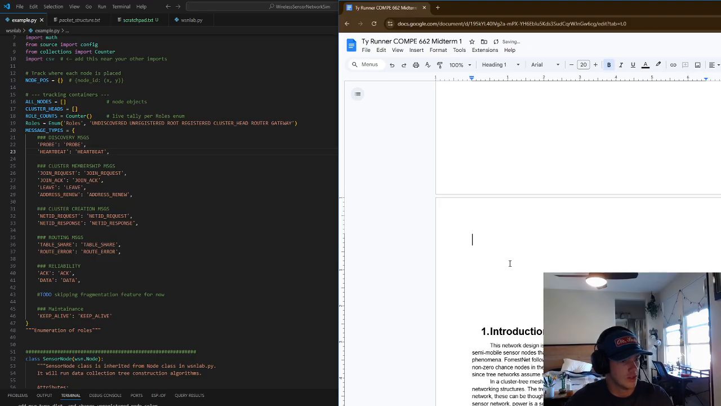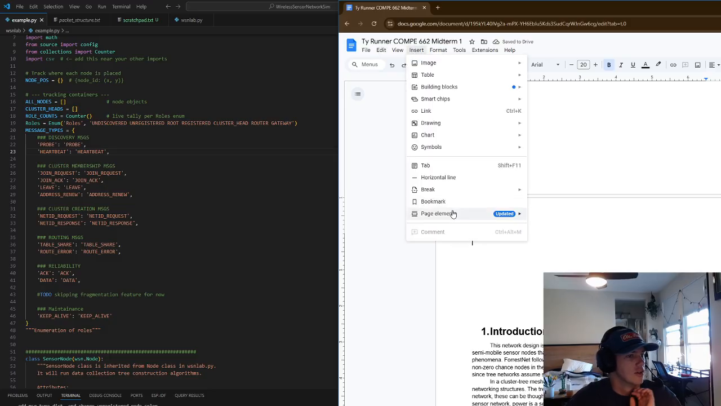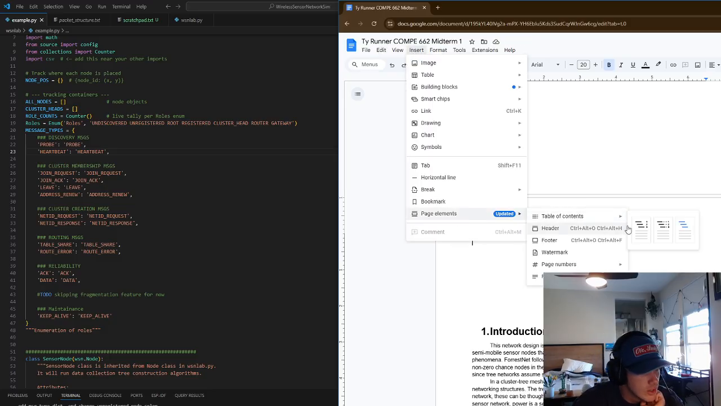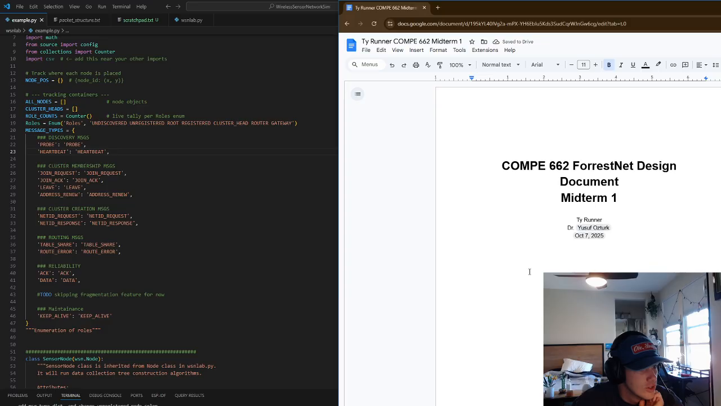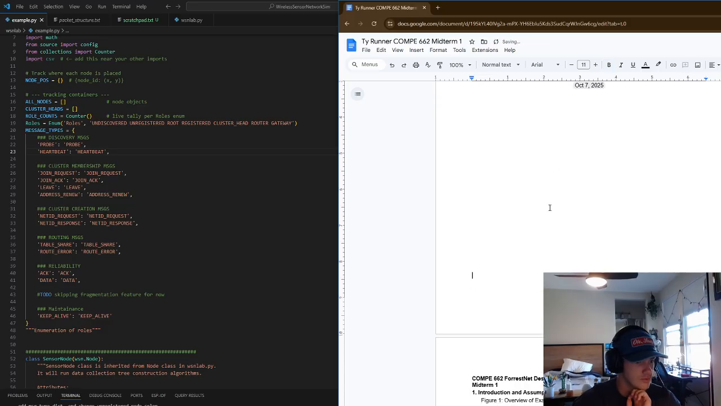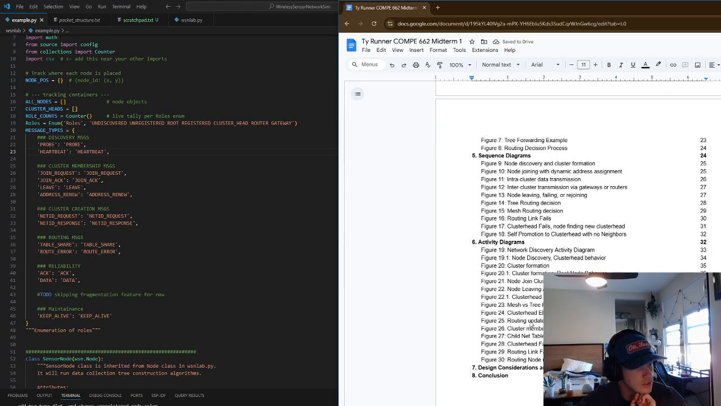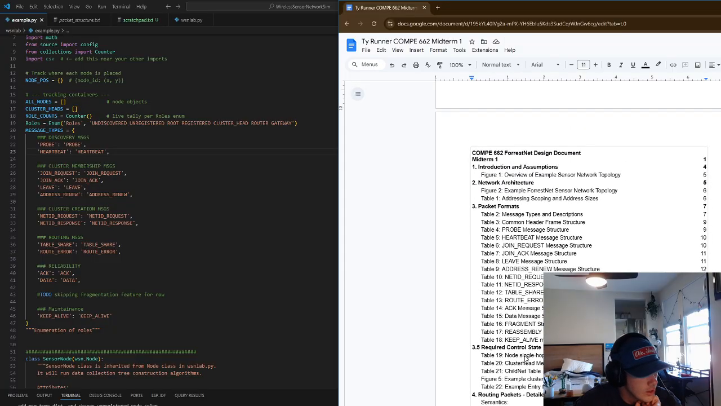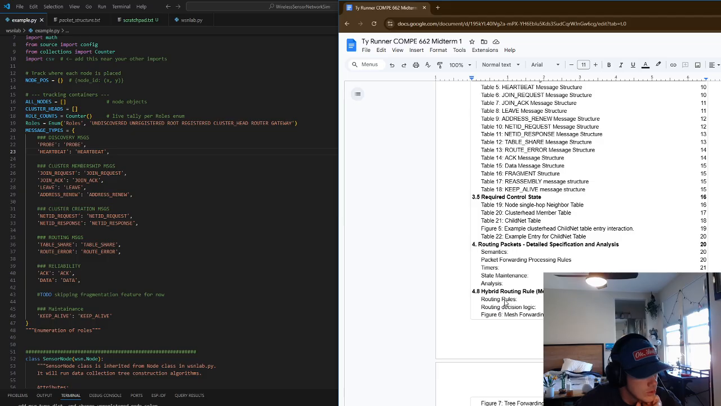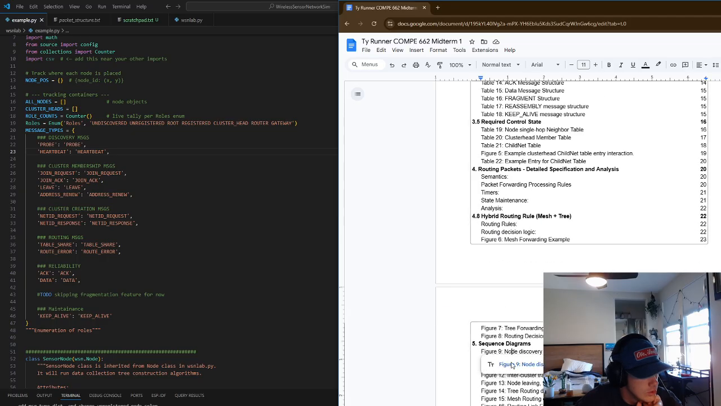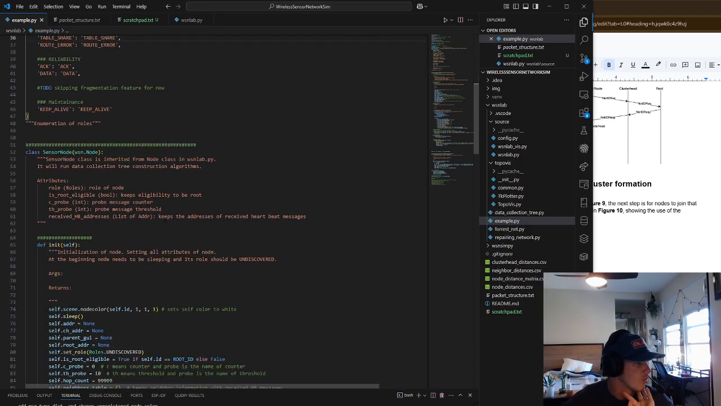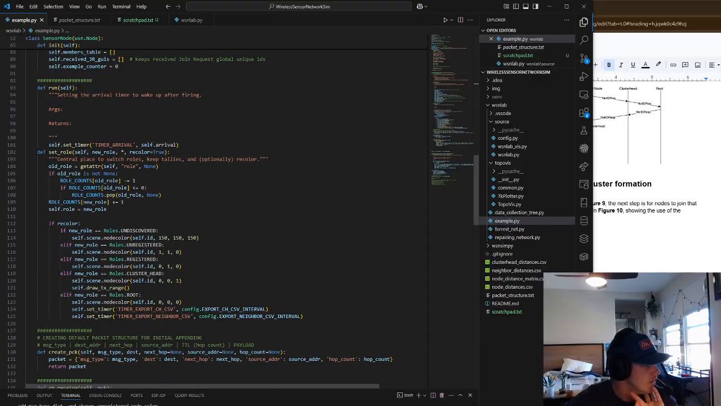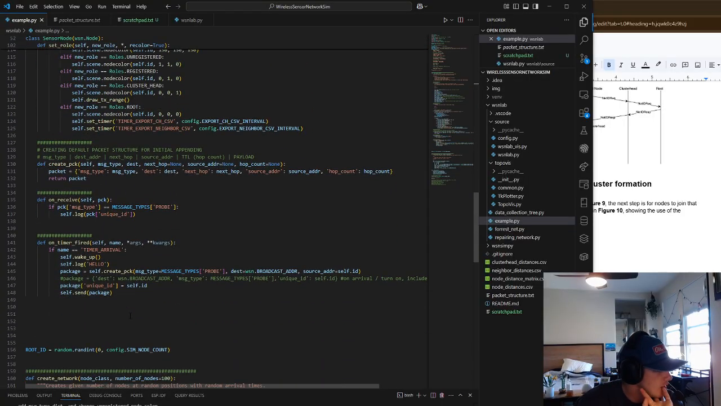Let's wipe all of it and then insert page elements, table of contents, boom. Such a sick feature. Alright, and then we'll have it all. That looks dandy. Okay, so no discovery. We send out a probe. On receive,